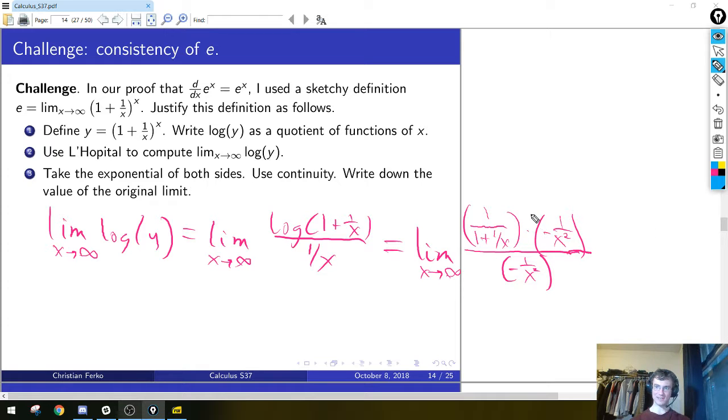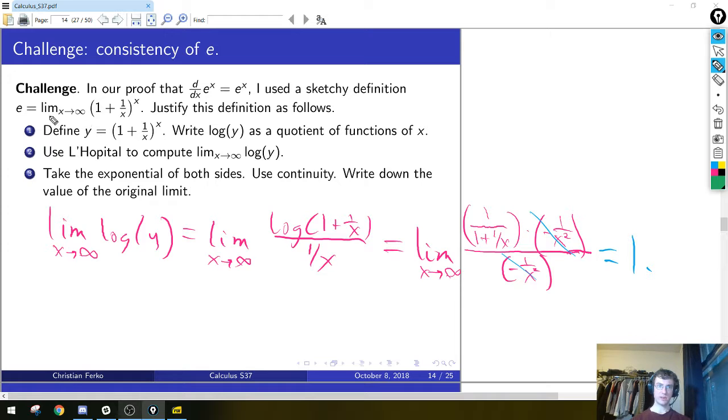Okay. So the nice thing, we get some cancellations. So you can kind of just look at it. What is the value of this limit as x goes to infinity of 1 over 1 plus 1 over x? 1. Good, okay. So that's very interesting, because now we can just take the exponential of both sides, because